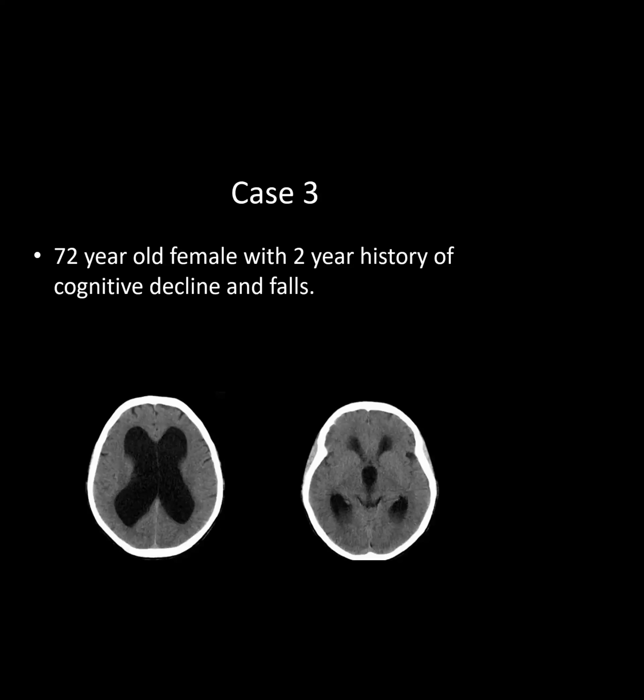So pretty basic case. Just tell me what you see on here and what's abnormal. Yeah, it's a CT scan showing enlarged ventricles with cognitive decline and falls. It is typical dementia, incontinence, and gait ataxia. That is